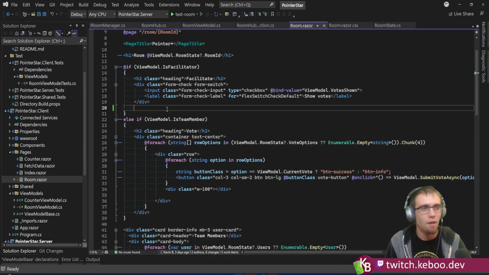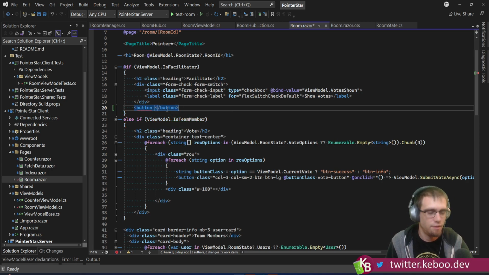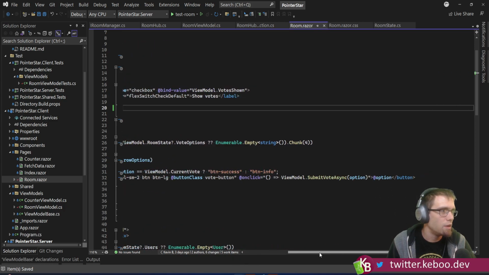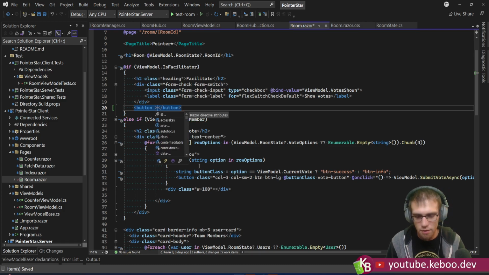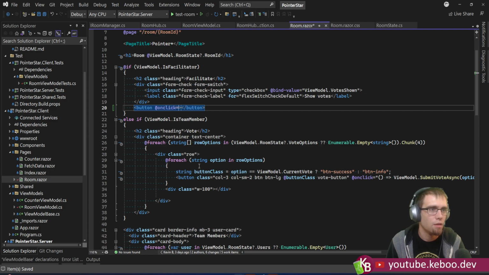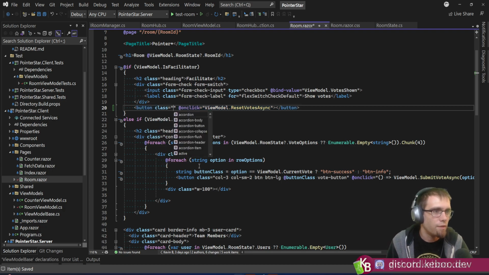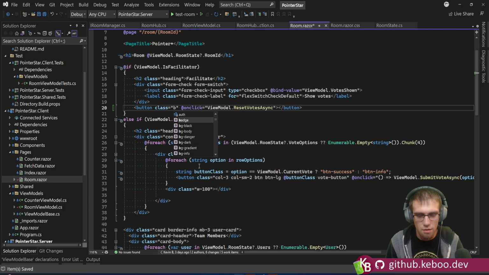Okay. Copilot, I want a button. Can you figure that out for me too? Let's see. Okay, and this one... Oh, I guess... I don't remember. There's certain rules, and I can never remember when I'm allowed to use self-closing and when I'm not. So let's see. So on click, we're gonna do view model dot reset votes async, and then we're gonna do a class, and we want this guy to be btn,